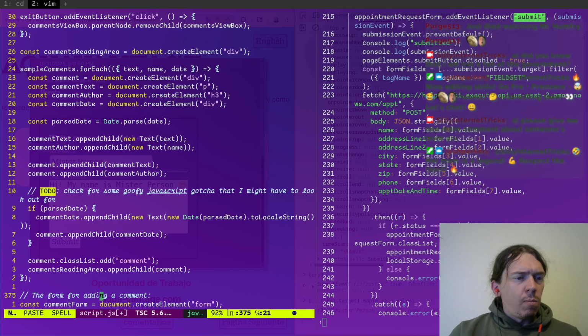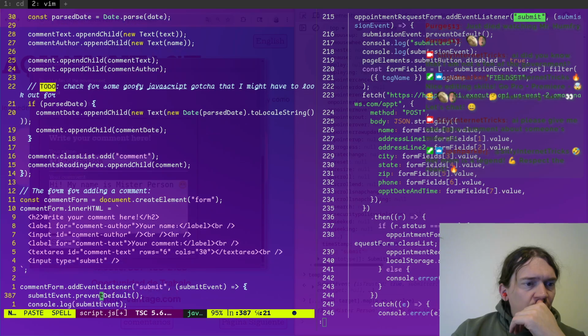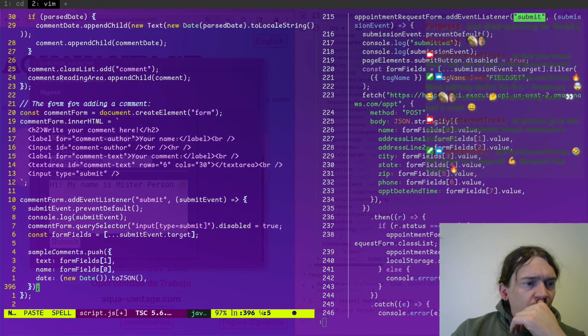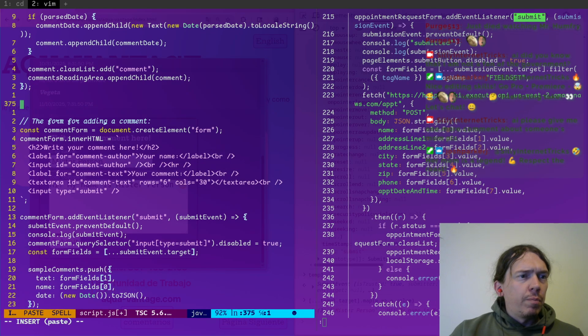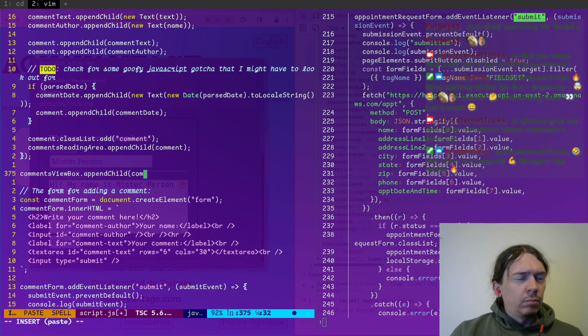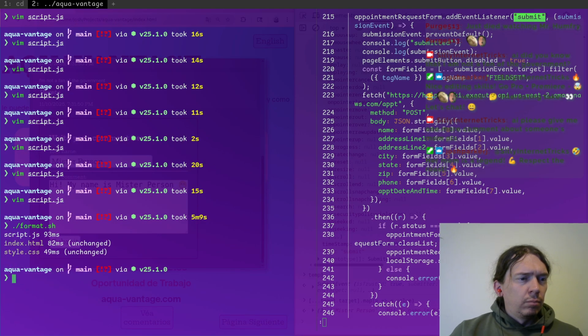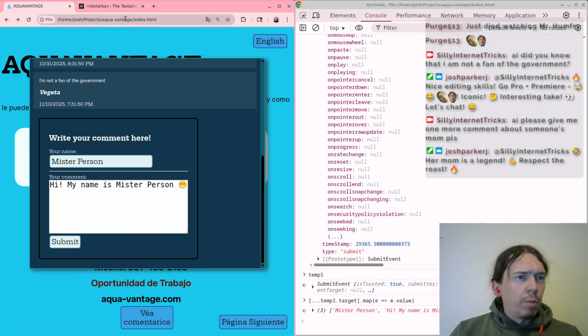And then this part is probably fine. Okay, let's see how much I've screwed up.